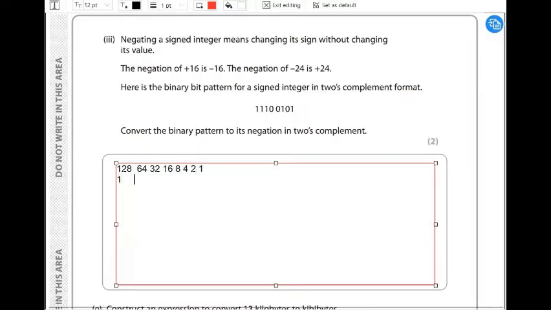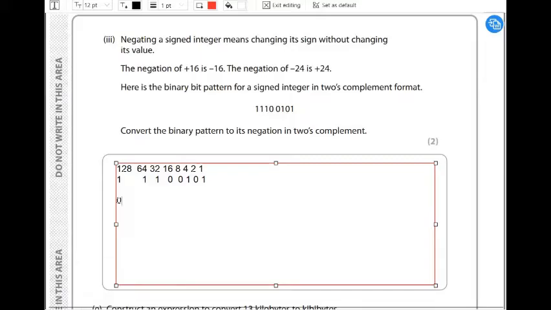So we got 1, 1, 1, 0, 0, 1, 0, 1. So what we're going to do is, in 2's complement, you would flip the bits and